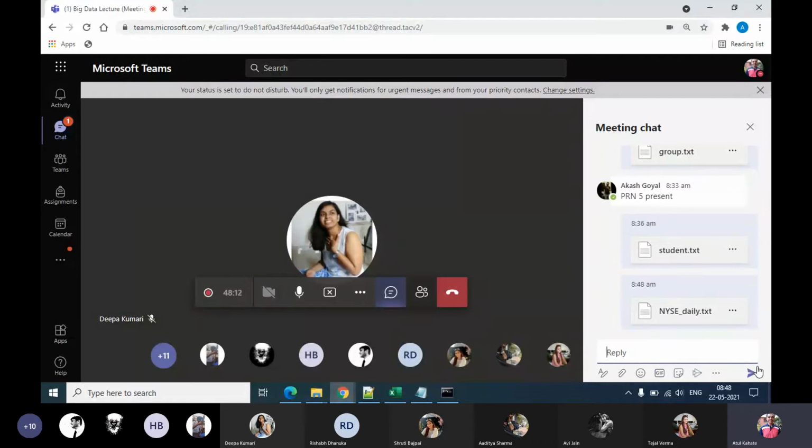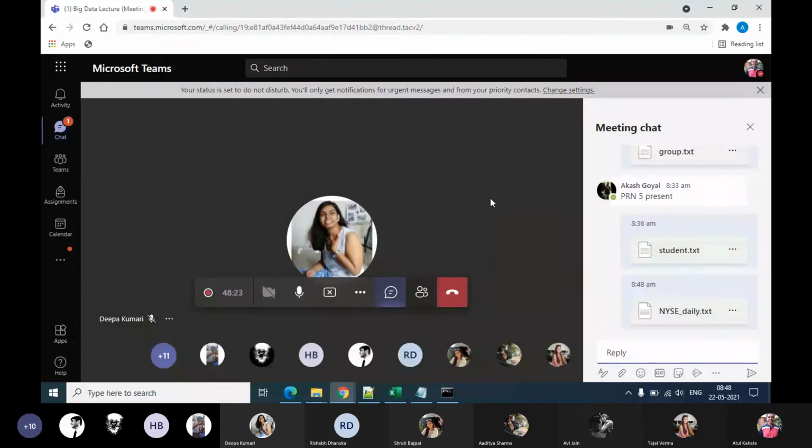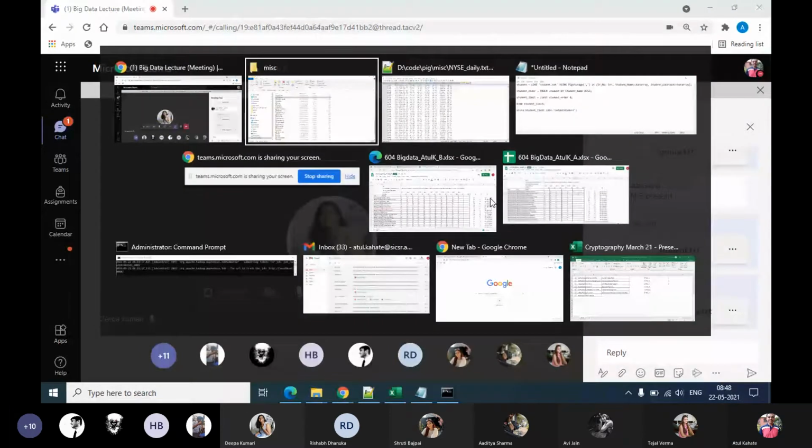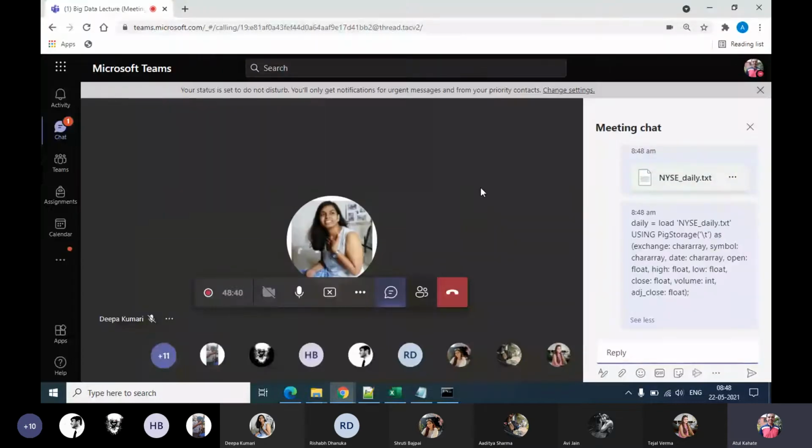There is this file called New York Stock Exchange _ daily.txt. This file contains the stock prices and the fields. I will also add this onto the chat so that you don't have to type it.